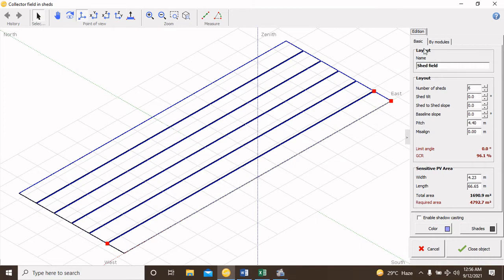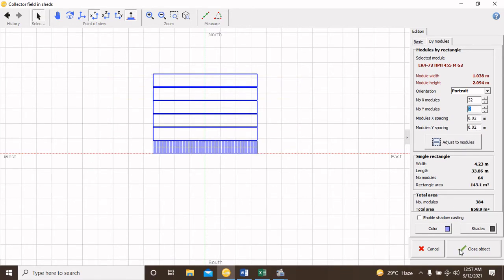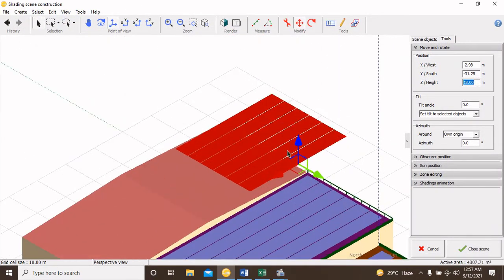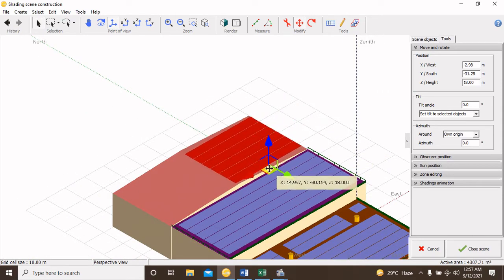For the first basic modules, you select 6 for this object, and by module you will install a number of modules on the x-axis. In my case I'm going to select 32. It's up to your case. And x and y-axis I'm going to select just 2. Adjust it and close the subject. You will select the right direction over there. Okay,